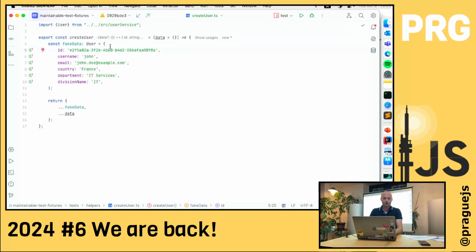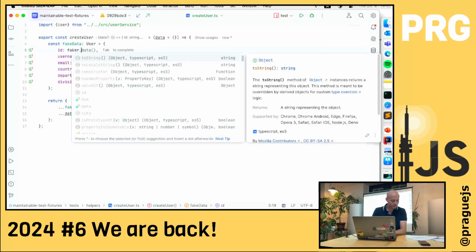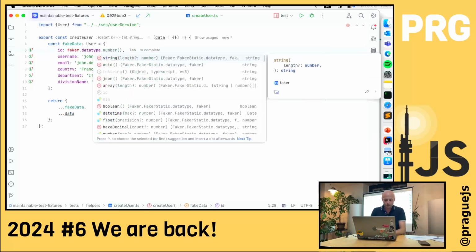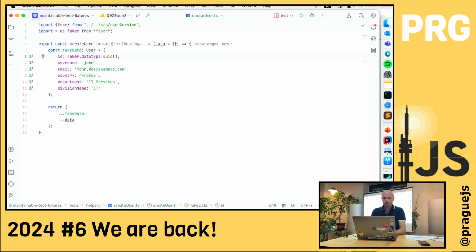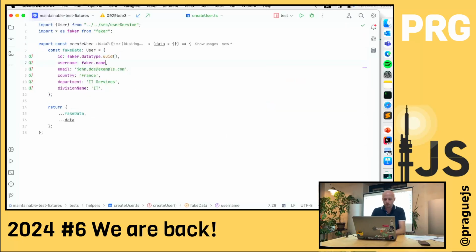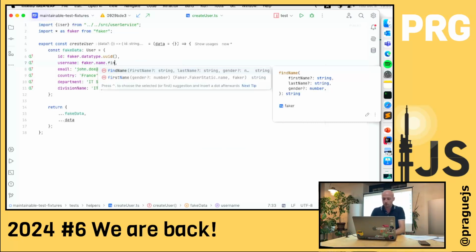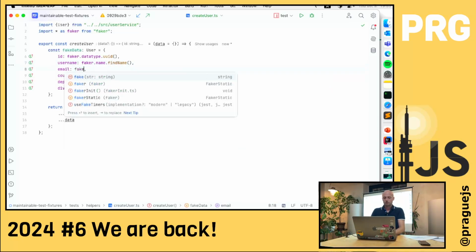It works, cool. And now, the funny part, let's replace it with a faker, so we can do the data type, and there is UID, nice, import, cool, and username, okay, faker, name, and there will be findName, I think they call it, yes, also email.